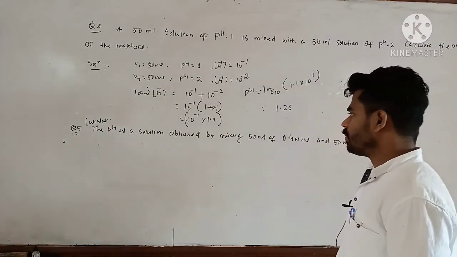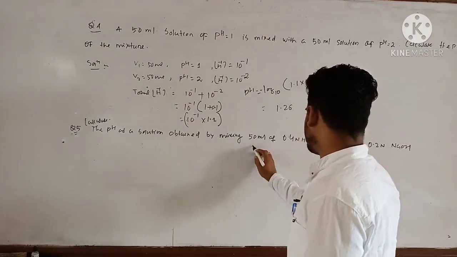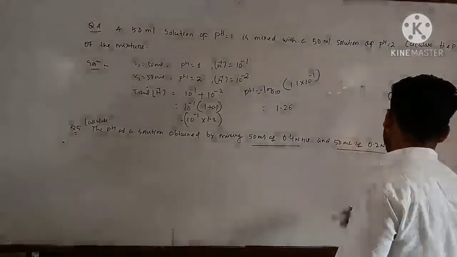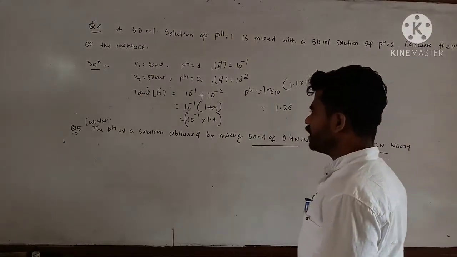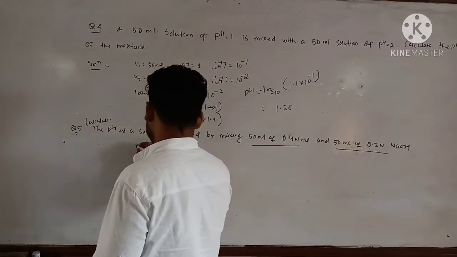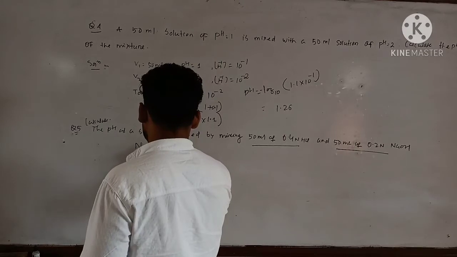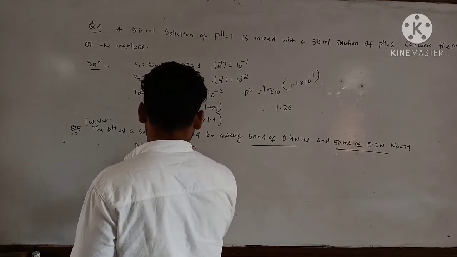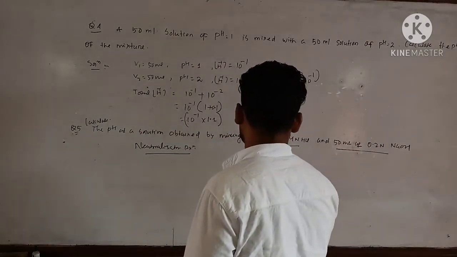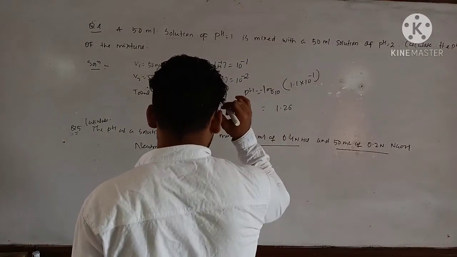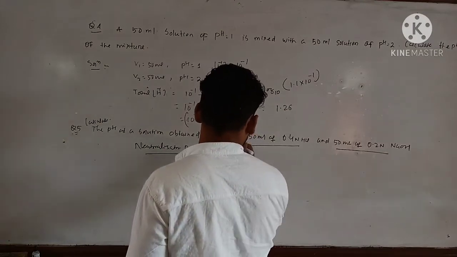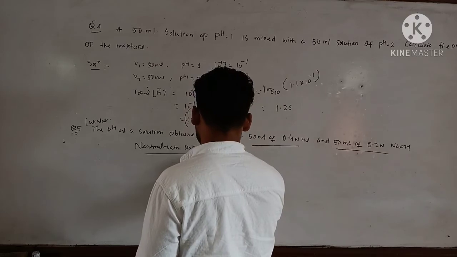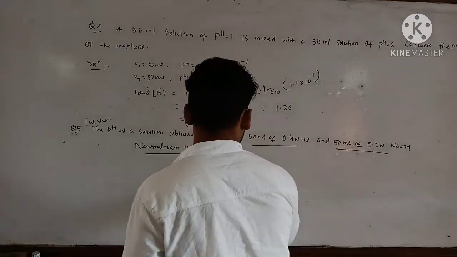Calculate the pH of a solution obtained by mixing 50 ml of 0.4 N HCl with 50 ml of 0.2 N NaOH. So this is a neutralization reaction. For a neutralization reaction, calculate the normality or number of moles, normality of HCl first. For HCl normality, just calculate